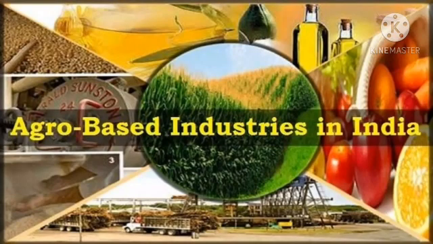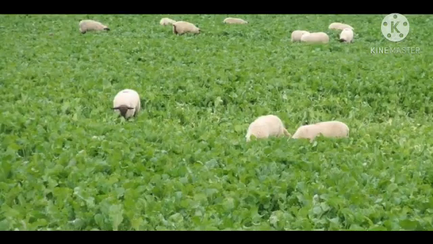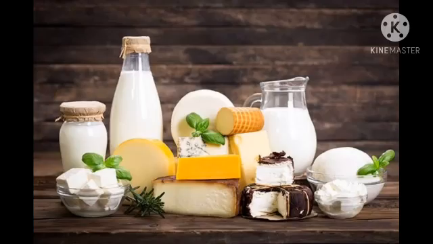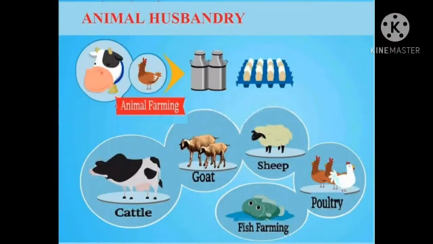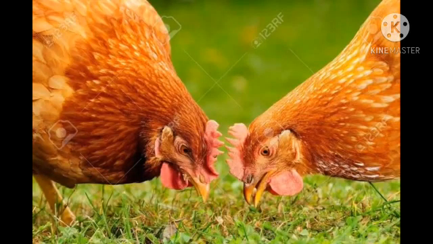Now, let us see some agro based occupations. Agricultural products can be used to undertake many other occupations. Fodder is created in fields. It is used to feed cows, buffaloes, and sheep. Thus, as we cultivate the land, we can raise these animals also. We obtain milk, meat, and leather from animals.